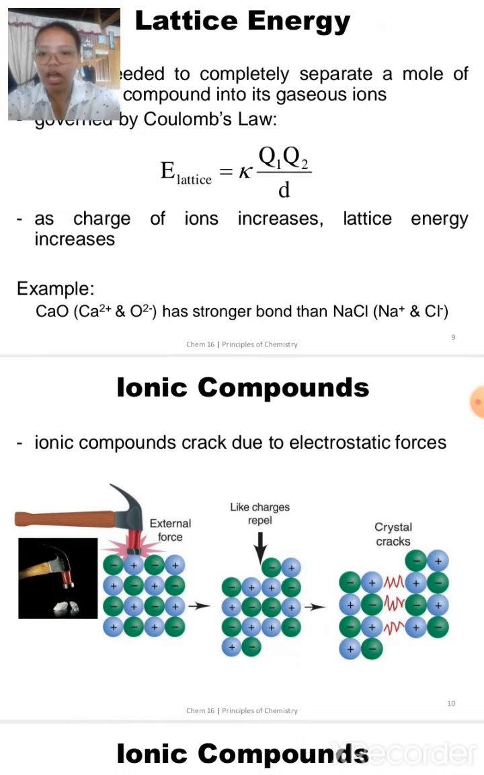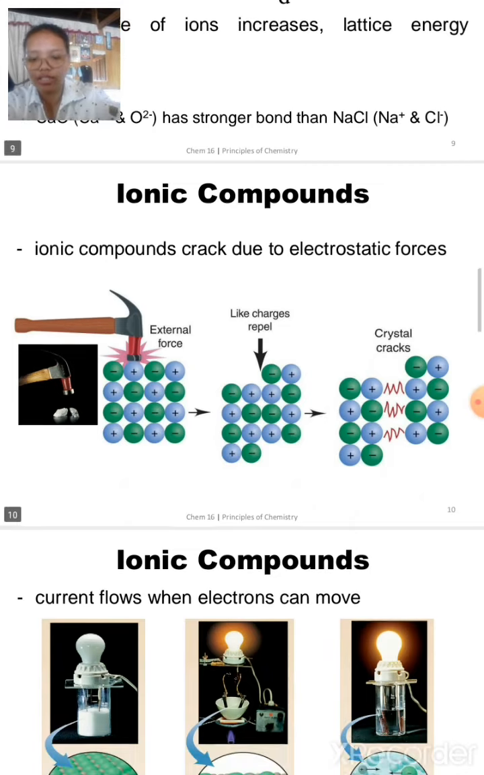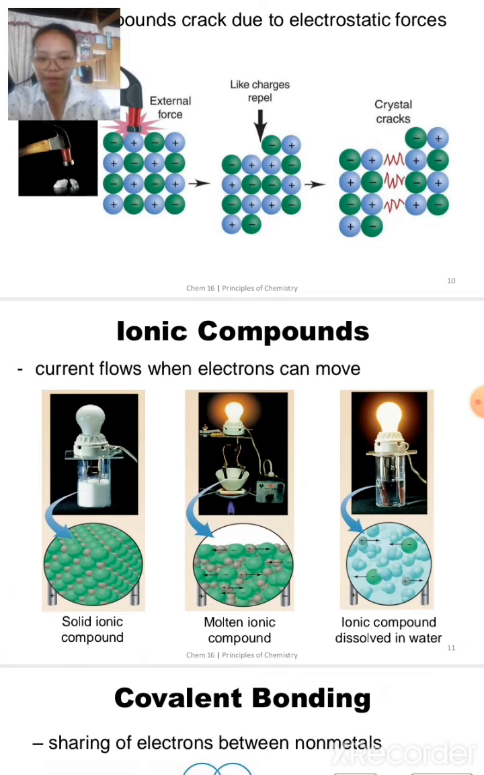Ionic compounds are cracked due to electrostatic forces. For ionic compounds, current flows when electrons can move. Solid ionic compounds have high melting and boiling points. For molten ionic compounds, liquid means it exists as a liquid at room temperature. For an ionic compound dissolved in water, the ions are attracted to the water molecules, each of which carries a polar